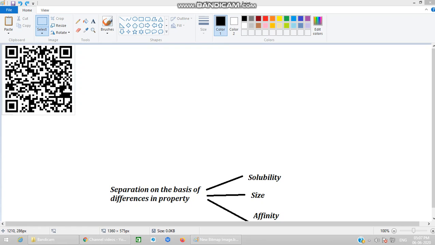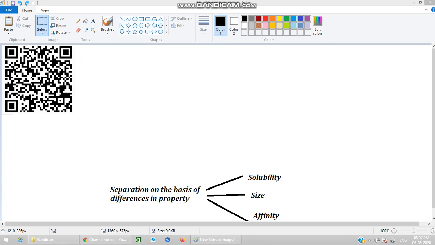In chromatography, the same thing is there, but you have to remember one thing very carefully. For size exclusion chromatography, you need to be really attentive. The material which is small in size will be trapped inside the matrix, and the bigger molecule will come out through the column. So in size exclusion chromatography, the separation is done on the basis of size or molecular weight, and the small molecular weight or small size material will be trapped inside the matrix, that means the column, and the bigger molecule will come out.